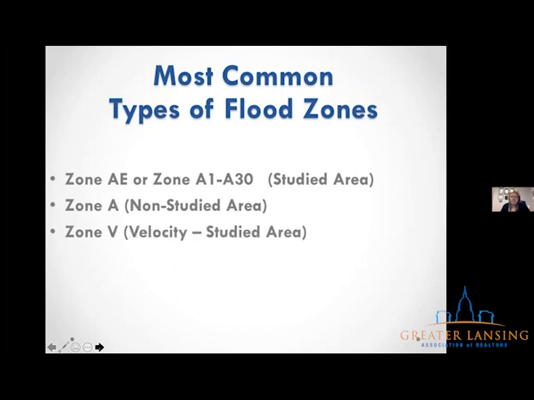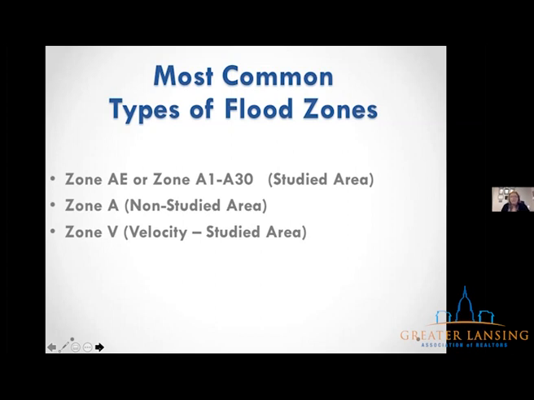Velocity zones are coming to Michigan. I mention this because we've never had a velocity zone in Michigan. It's always been on the oceans. Starting in June, our Great Lakes are now having velocity zones. The first one that's getting it is going to be Lake Erie. What is it going to do? It's going to raise our flood